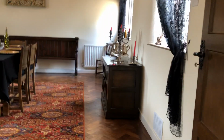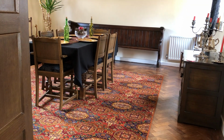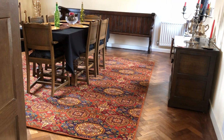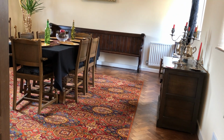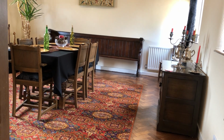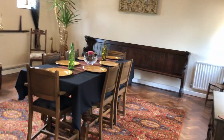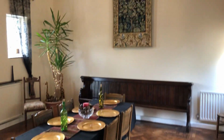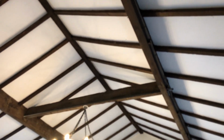This was formerly a chapel for the Franciscan sisters who used to pray in here. And when I tell you that you feel a calmness come over you as you walk in here, absolutely, I'm not lying, it's absolutely beautiful. The current owners have actually been known to do their yoga in here because it's such a calm room. Vaulted ceiling with beams,